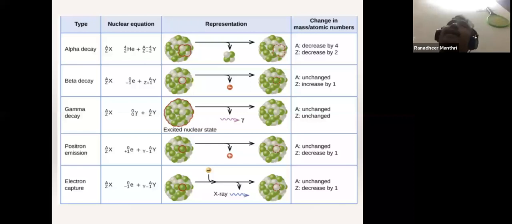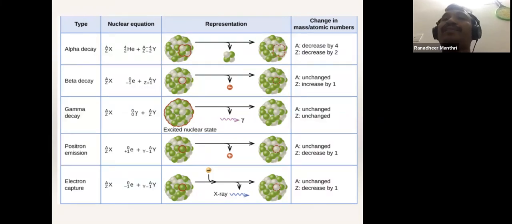I already spoke about this in the last class, but I am speaking again because in the last class my slides could not be read. There are 6 modes of decay, and the first one is fission. Fission cannot be used in regular nuclear medicine practice; it is used only in reactors to produce radioisotopes. We have 5 types. Alpha decay occurs in heavy nuclei, a decay by alpha particle. 2 protons and 2 neutrons are emitted out of the nucleus, so the atomic number decreases by 2 and the mass number decreases by 4.